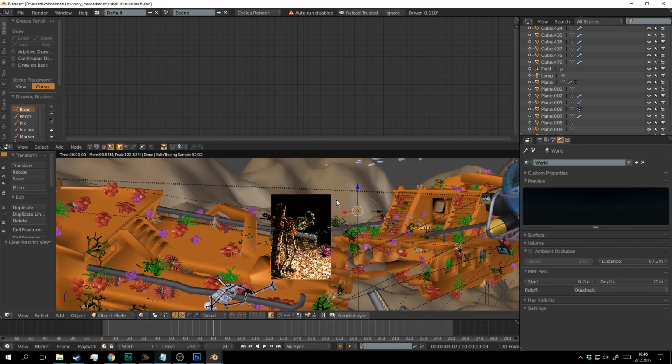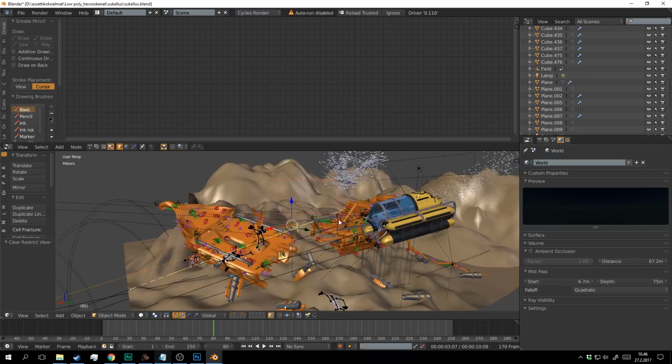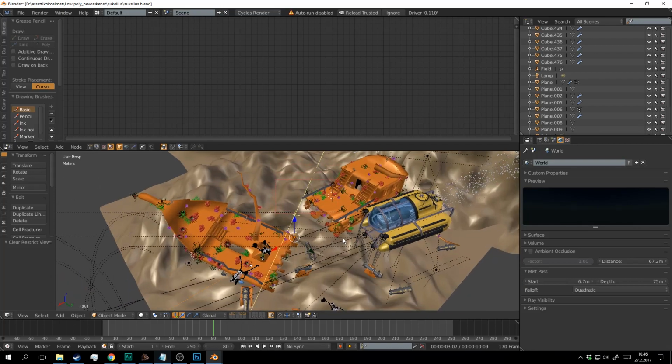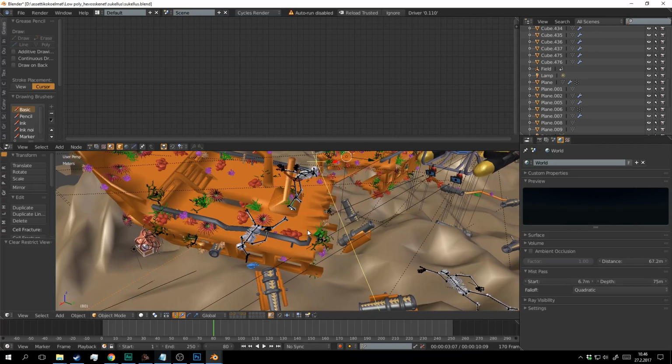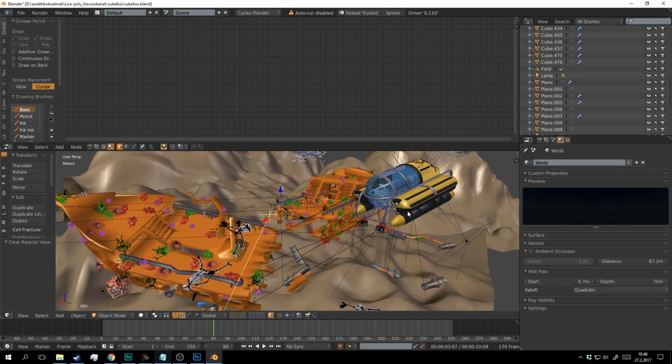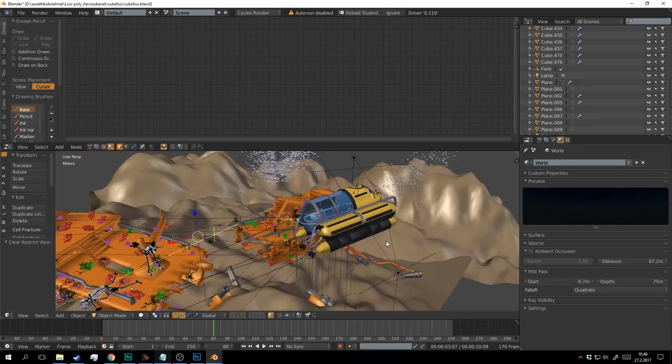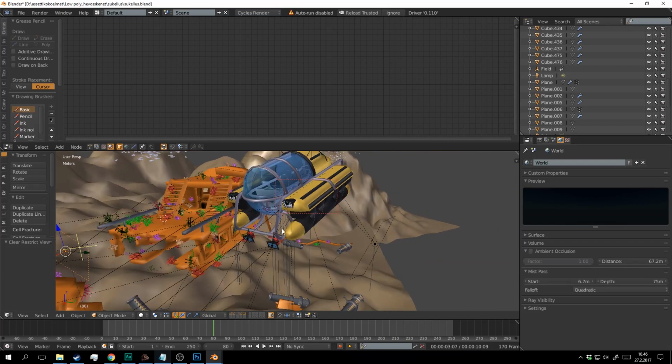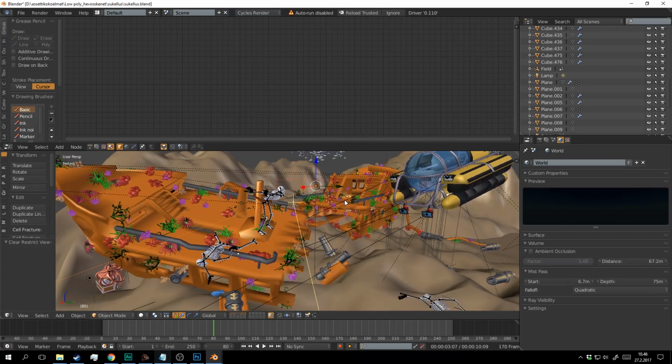One strange thing in this scene is that when I started doing it, I thought that it will be a low poly scene. Then, as you can see, there in this ship is almost no details. It's very simple object.